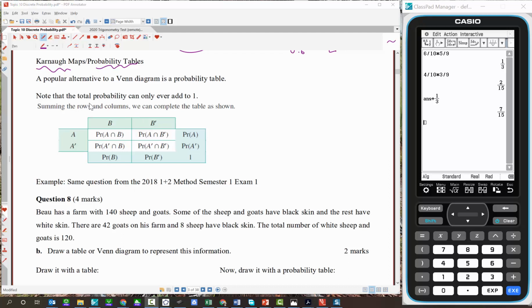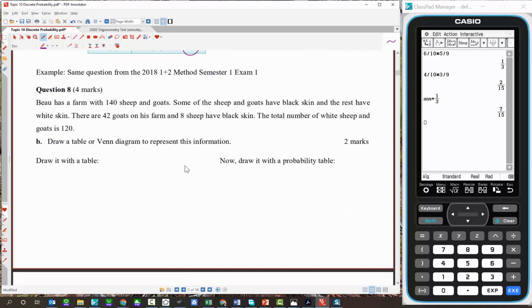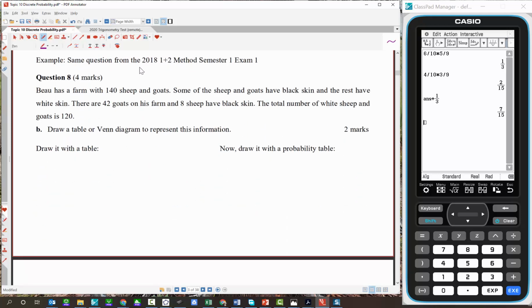Right, so notice that with a probability table, the events can only ever add to 1. So that's with a probability table. With a Karnaugh map, we do totals, so that we can get a number other than 1 there. And I'll show you how that will work in this case. So this is the same question from before, but what we'll do is approach it with a table and